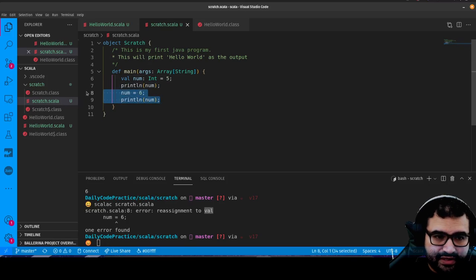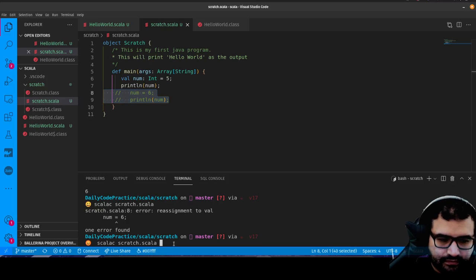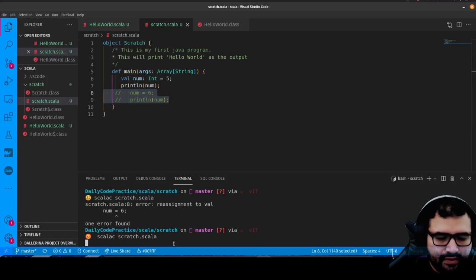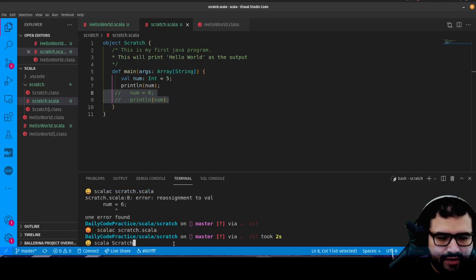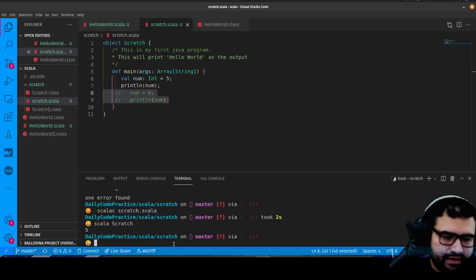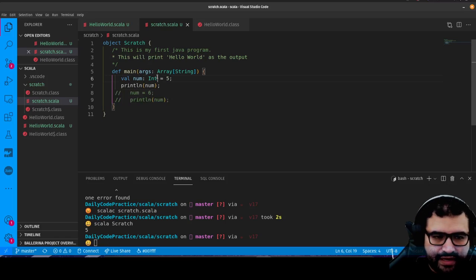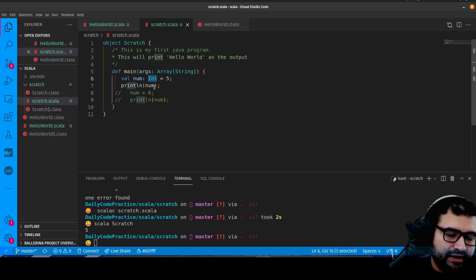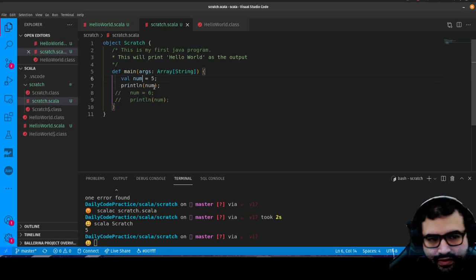So I have to get rid of these 2 lines, which we can comment out with just double slashes. Okay, so let's compile that, and then I will run it. And that works. Okay, and again, you can type it. You don't have to type it. It could be inferred, because basically it'll infer that since the number on the other side is an integer, that the type of this variable is an integer.